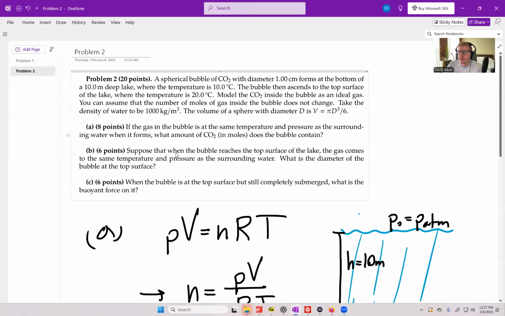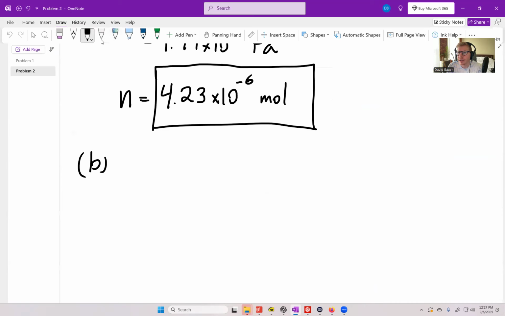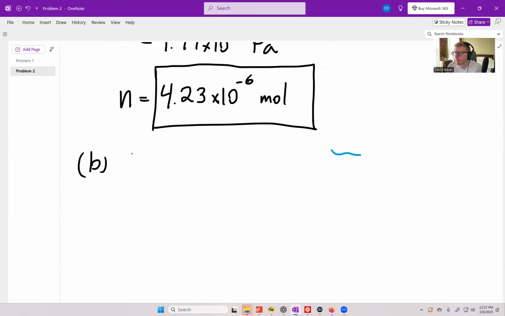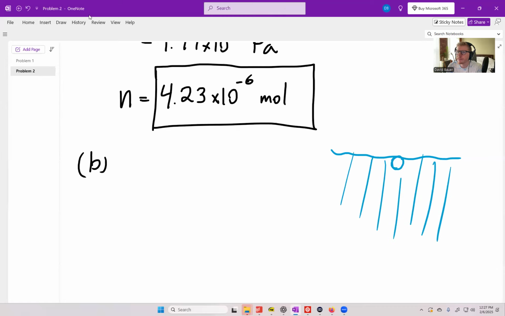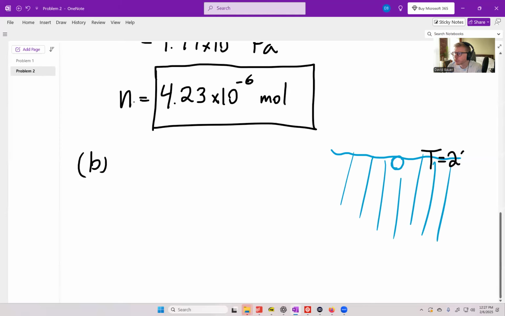Part B is asking us, okay, so now the bubble is going to move up. It's going to ascend to the top of the lake. And we want to calculate, now that it's up here, what's the new diameter? Right, so the volume is going to change because both the pressure and the temperature change, right? We have a new temperature up here, which is 293 Kelvin. Our pressure now is just atmospheric pressure. And again, we can use the ideal gas law. So we have the number of moles. We could just plug into that, or we could do